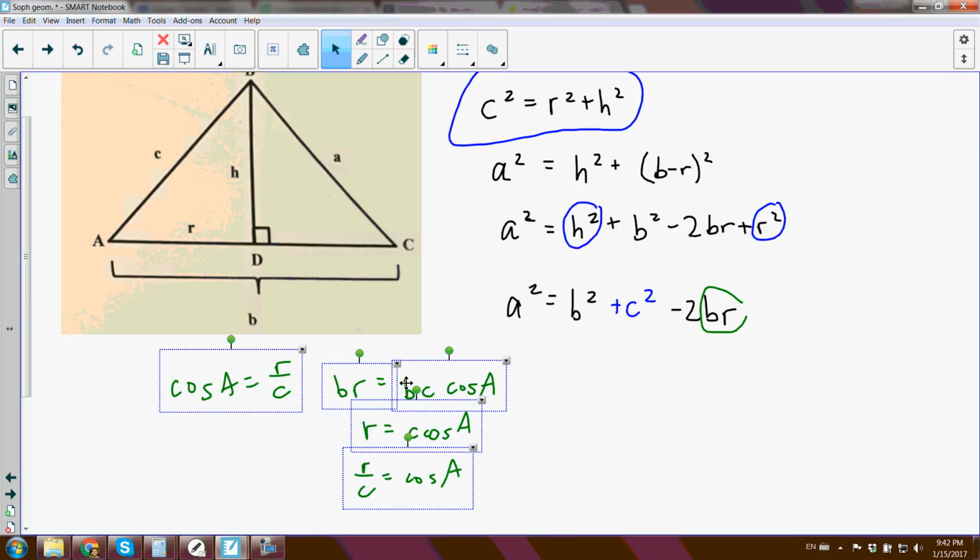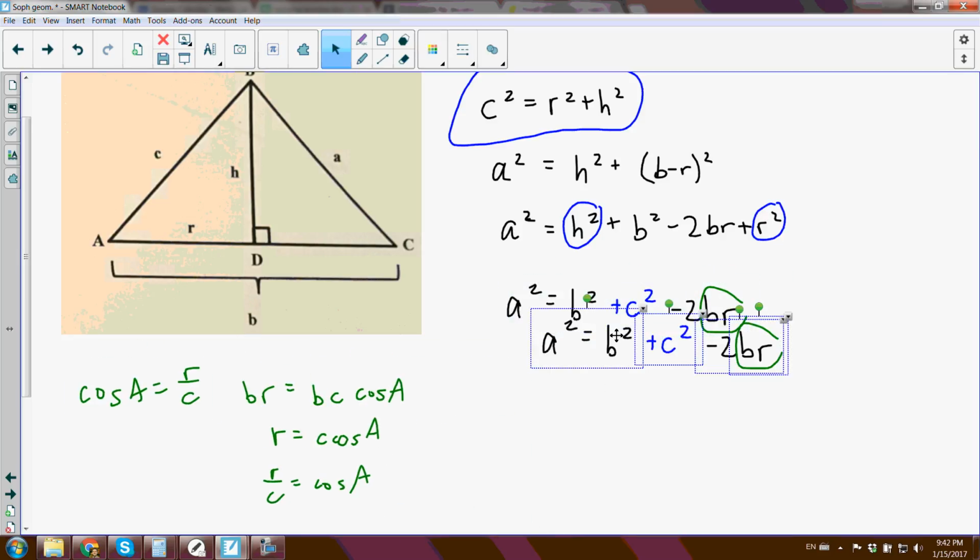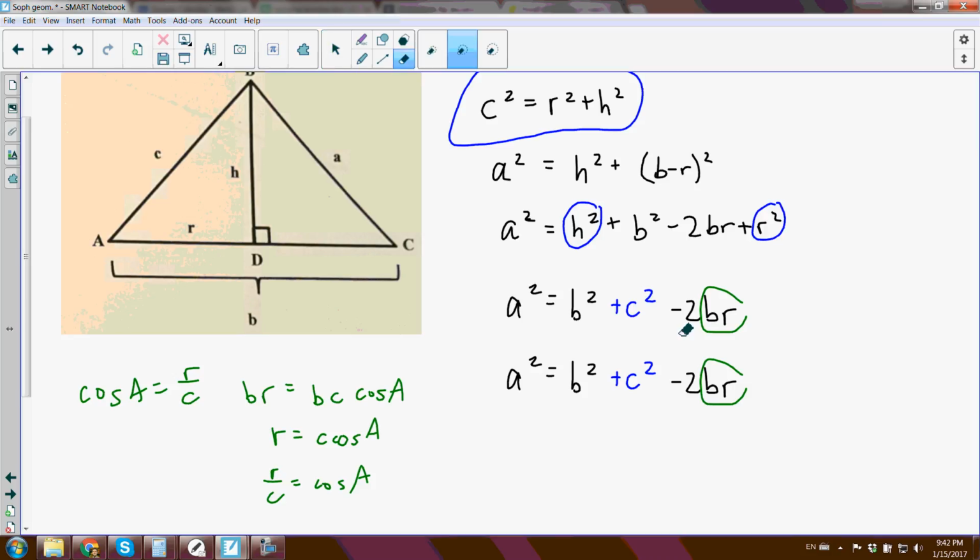So I can just copy these. So this equals b squared plus c squared minus 2b times, basically from here, r equals c times the cosine of a. So you can plug in c times the cosine of a for that r right there, and you get the entire law of cosines. A squared equals b squared plus c squared minus 2bc times the cosine of angle A,